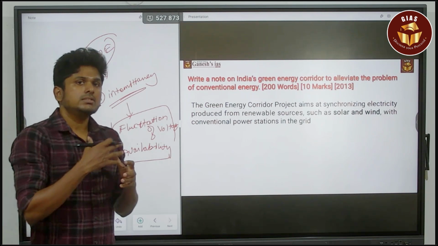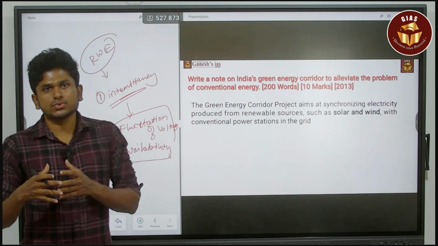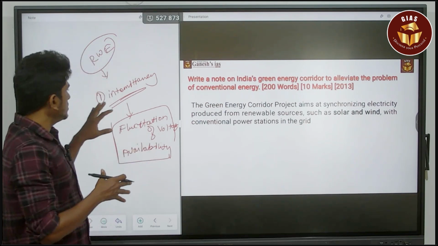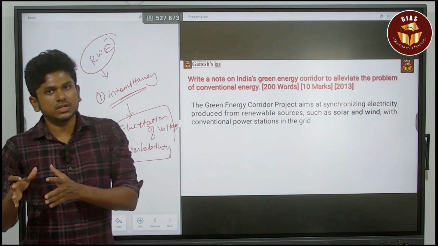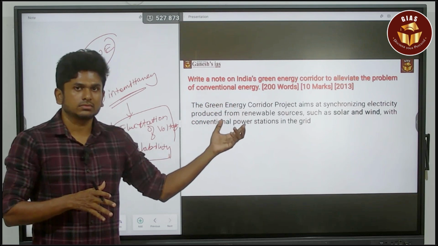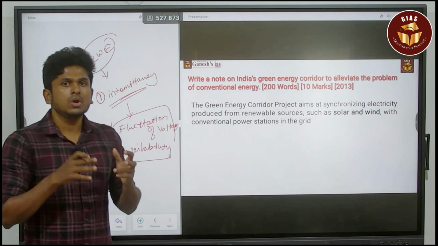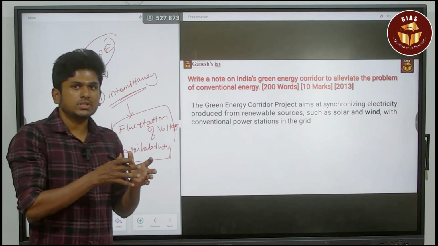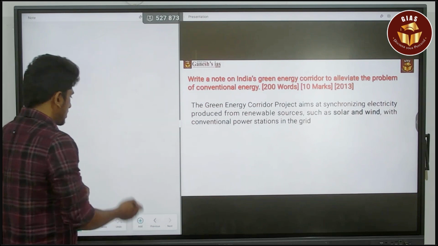So for these issues, we need to integrate these things with the conventional energy source. So if this energy source have any issues, means at that time period we can switch to the conventional energy source. For that only we are going for this green energy corridor. And also another need for this green energy corridor is to connect the transmission lines between the states and within the states. So for example,